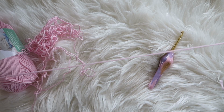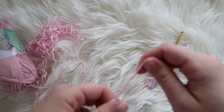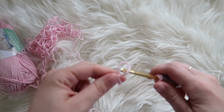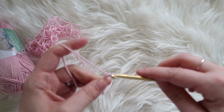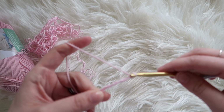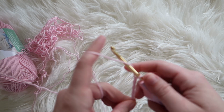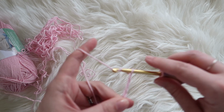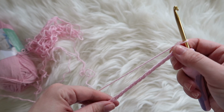Alright, so today we're going to learn how to do the 3 double crochet shell stitch. So to start off, just going to make our slip knot, and then we are going to chain in multiples of 4. So I'm going to do 20. Alright, so we've got 20 chained,